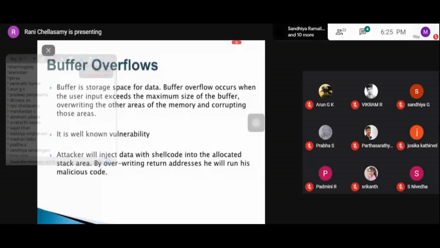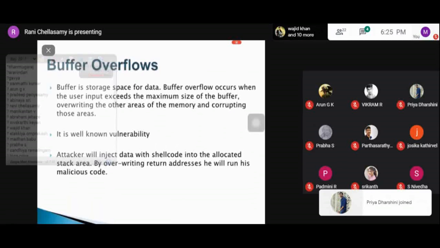This buffer overflow occurs whenever errors occur in the programming, or when boundary checks are not done fully or are skipped. So this attack will happen. After the successful execution of this attack, the hacker can go on putting a server down, and installation of a backdoor happens.